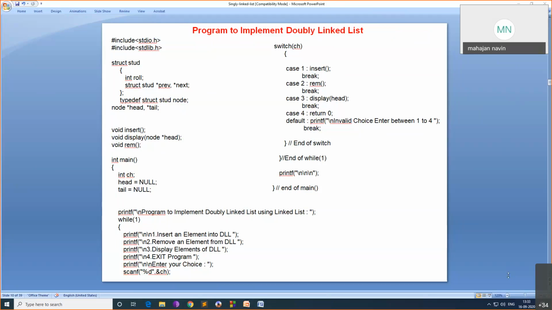Now this was a very important concept because you practice these programs, try to write your own, do not copy paste. You can refer to my programs, but try to write programs on your own, otherwise it is difficult for you to write these programs. Okay, shall we stop it here?